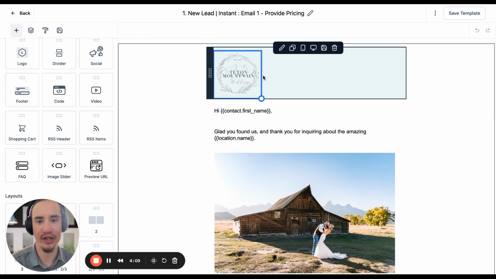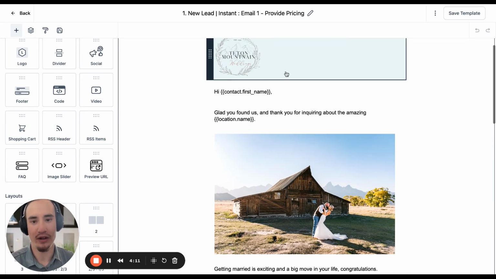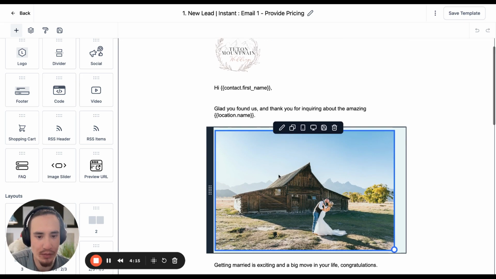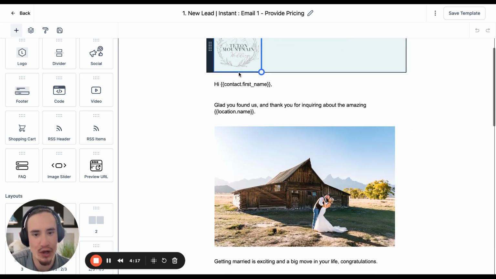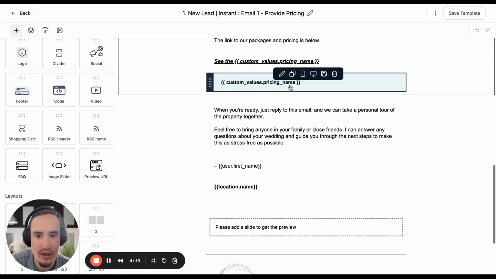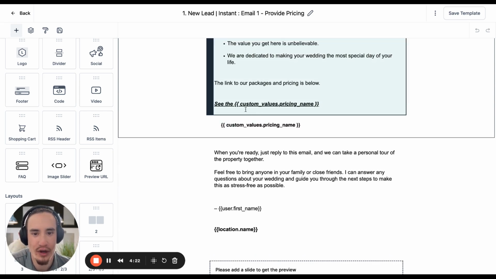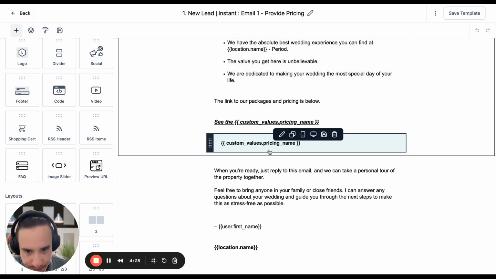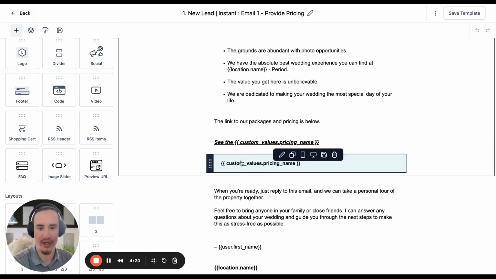So what we've done is built out a template for you automatically. We have some custom values that we can go in and put your images. This will pull up your featured image from those custom values. This will automatically pull in your logo. This will automatically pull in the pricing brochure name. If you named it something else like pricing overview, it will change that depending on the custom values that we have set in the back end. Same with the pricing